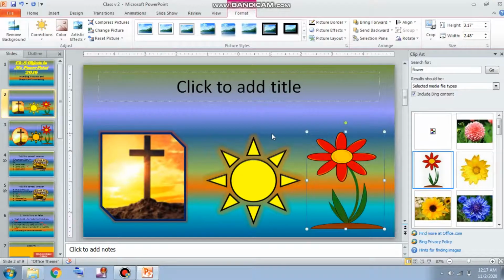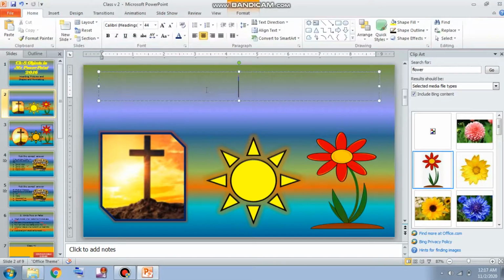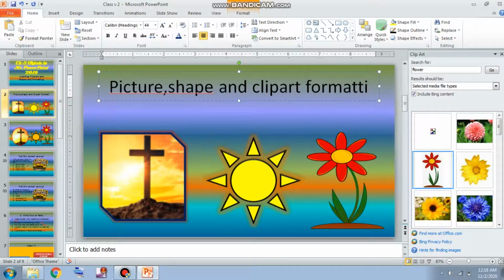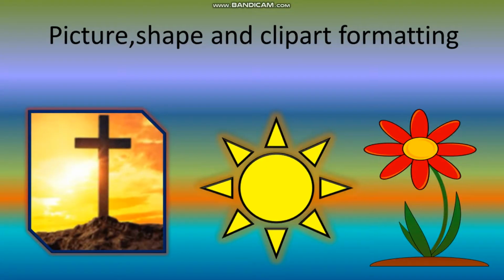So these are the formatting options for the picture, shapes and the clip art. So we have formatted our picture, shape and clip art. Basically we have done this for making our presentation interactive, interesting and eye-catching. So this was the presentation which we have made. Then we can directly click here for the full screen view to see how our slide is looking, or how we have inserted the picture or shape or clip art.